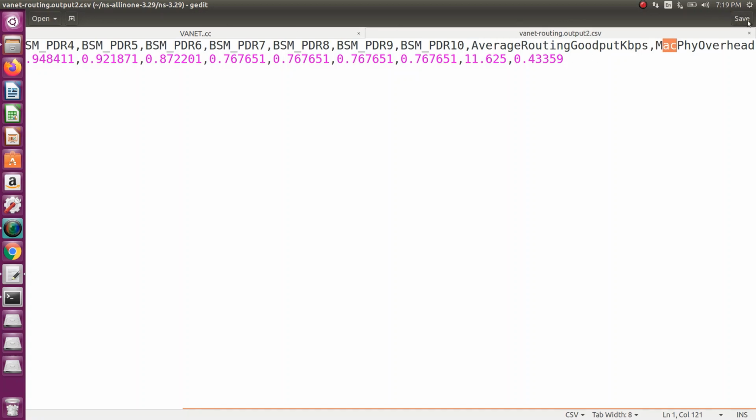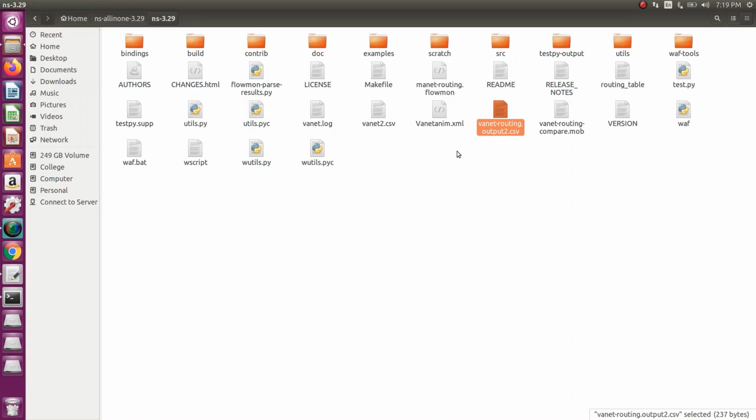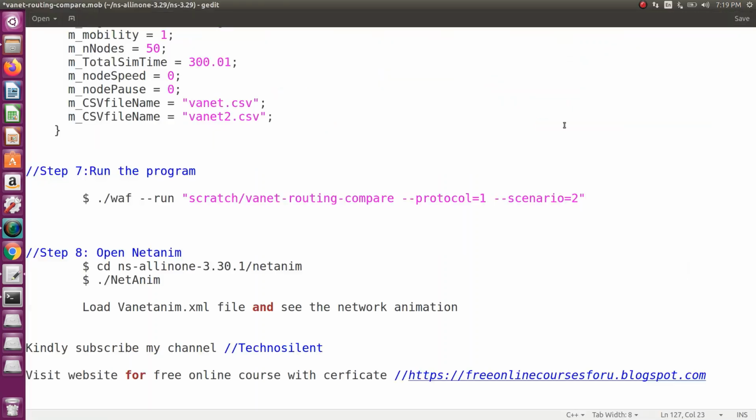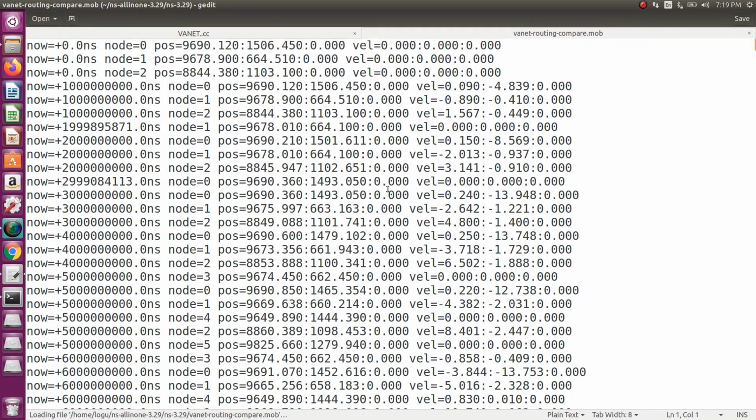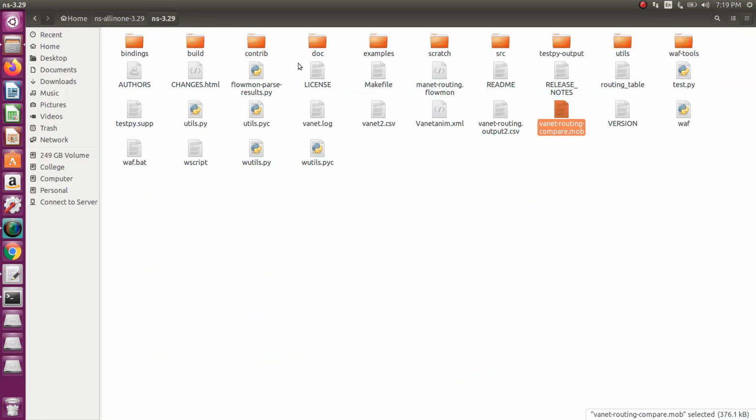These are the things you can get from the file. The next one is our mobility file. Okay, that's all. I want to explain these two files with the help of NetAnim: the Flowmon file and the VANET animation file.